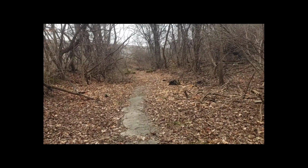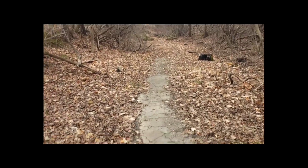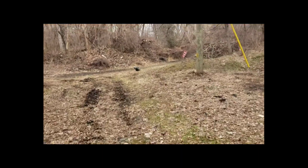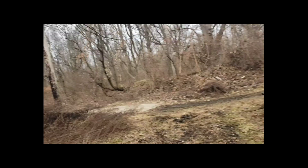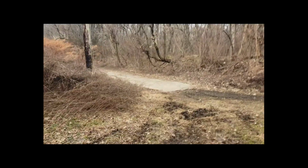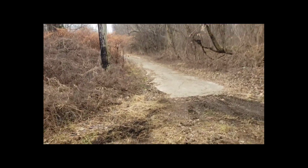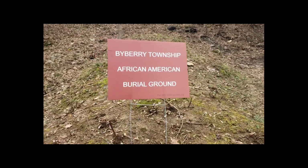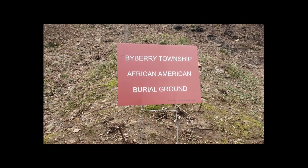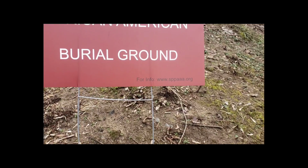Well, I did walk down this path. I rode the one wheel down this path over here on the left and came upon this, and it actually has a website to direct people to see the information about it. Byberry Township African American Burial Ground. There goes the website,